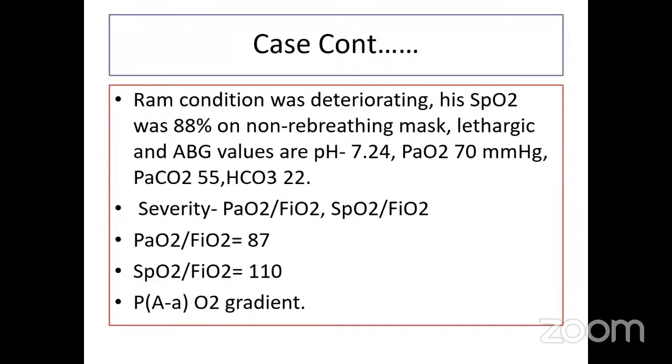PF रेशियो 87 इसमें निकाला है और SF रेशियो निकाला उसके करस्पॉन्डिंग 110। ठीक है, ए ग्रेडियंट इस टॉक से बाहर है, अगर हमारे पास टाइम मिला तो विल टॉक अबाउट इट, लेकिन ABG में वो लोग बताएंगे।